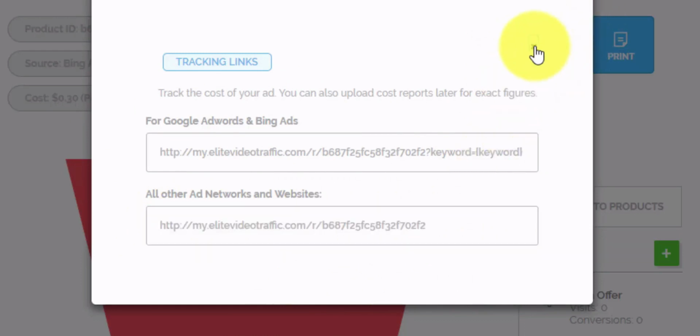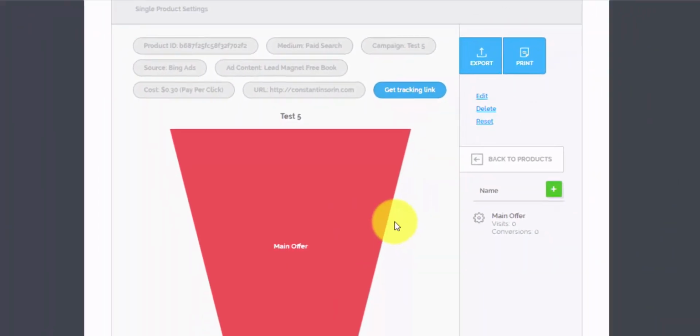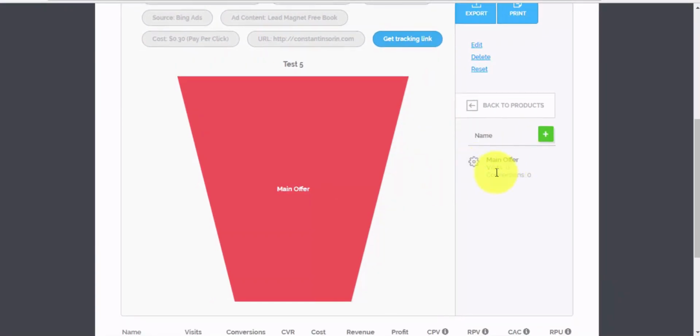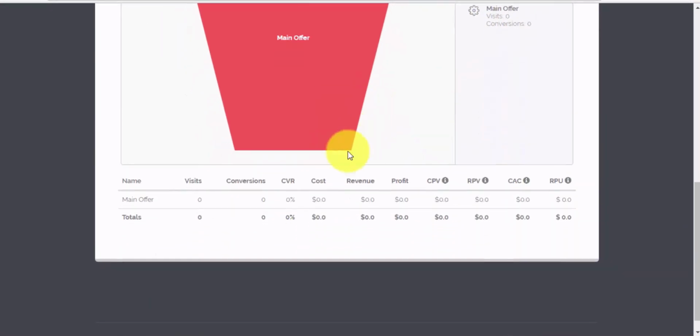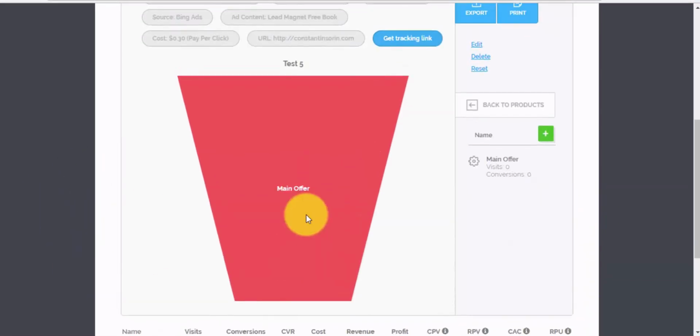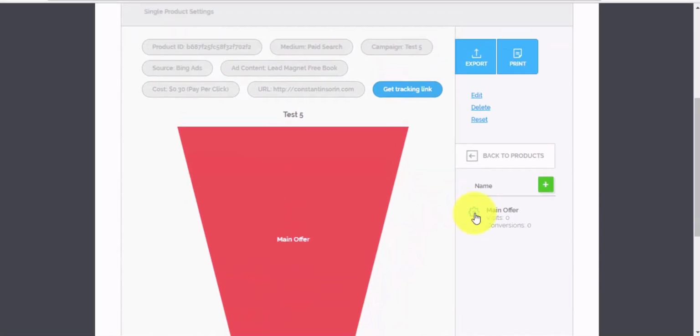So now the main offer, you can see that we have visits 0, conversions 0 at the moment. And if I scroll down here, you can see here that we have all the stats. And I want to show you an example of how this works later. Now you can see that you have a small settings icon here, like a small cog. If you click on this, you will be able to get a conversion code that you can track the